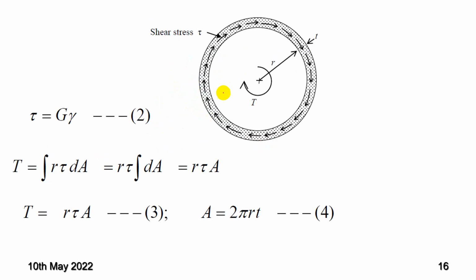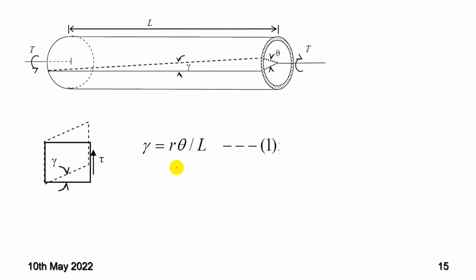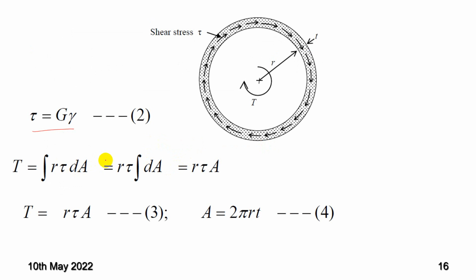Now if you look at the cross section, this is the basic equation, tau is equal to G into gamma, where G is the shear modulus. So if you substitute r theta over L for gamma,